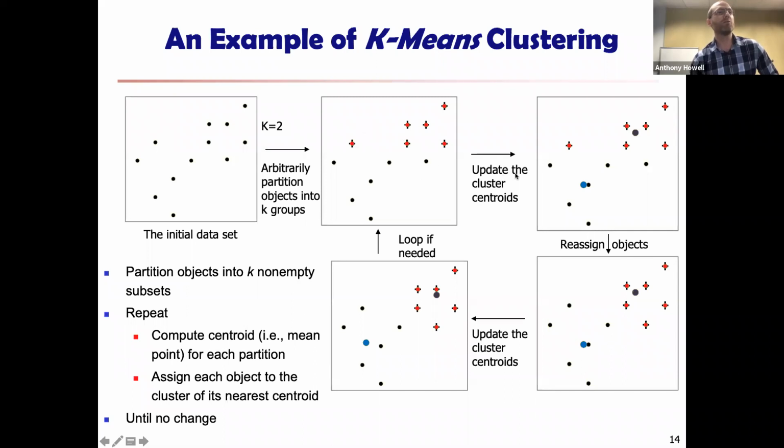Then, based on that partition, we will have a centroid calculated for each group. So we have our centroid for our red colored points, and a blue centroid for our gray colored points. And again, these centroids are based on minimizing the distance between the centroid and each individual